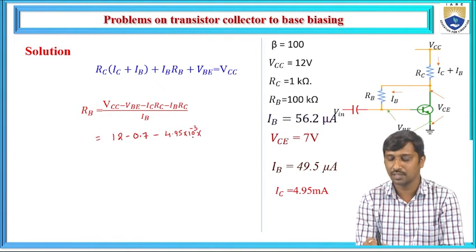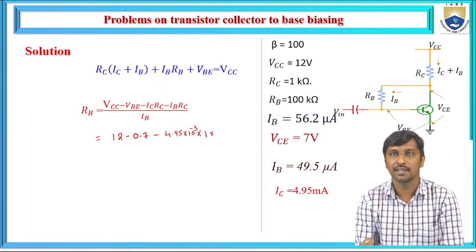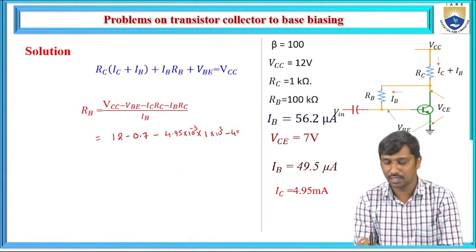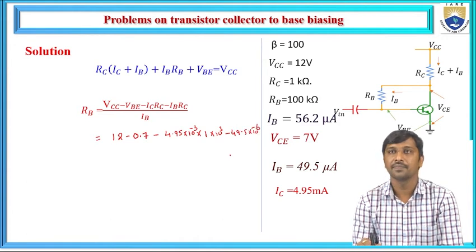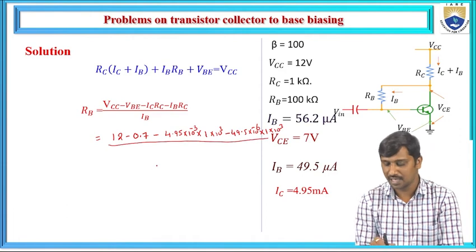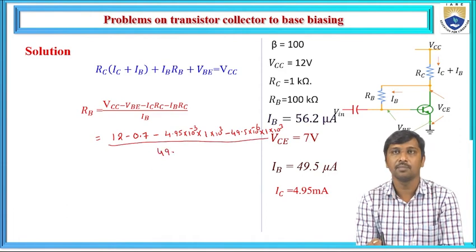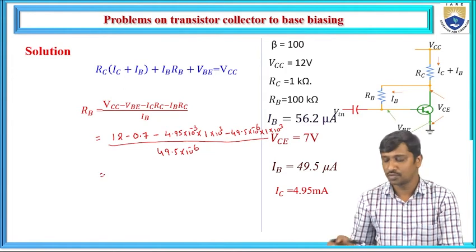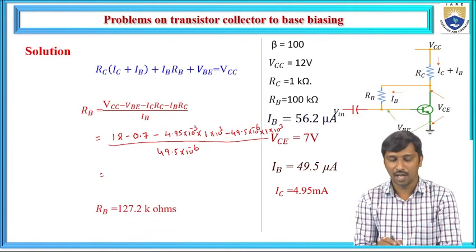It is the product with the RC value. RB is 1K along with minus IB value. It is IB times RC, where IB is 49.5 into 10 to the power of minus 6. That is multiplied with RC, where RC is 1K, 1 into 10 power 3. That is divided by the IB value, 49.5 into 10 to the power of minus 6. If you solve this, RB gives